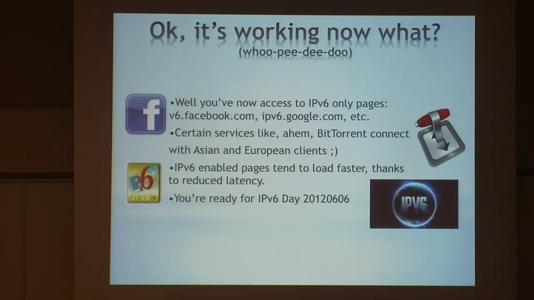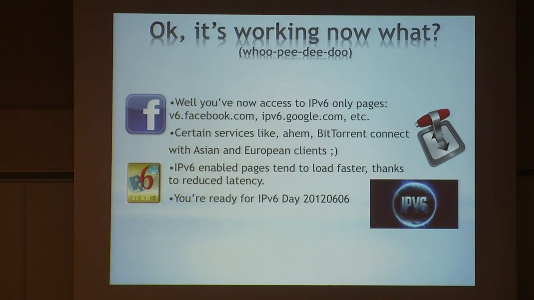Okay, so provided you've got DD-WRT flashed on your new router and it's working properly, you've got your setup script and you've got your tunnel working very, very well, terrific. What the hell do I do with it now? Well, you can go to V6 only pages,